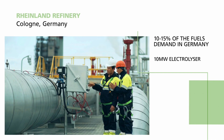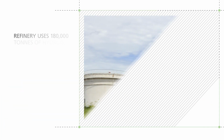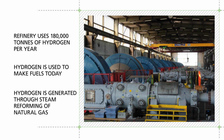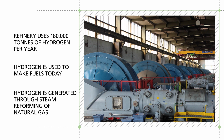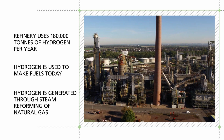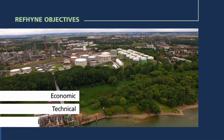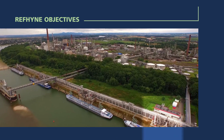The 10 megawatt electrolyser will generate high-quality hydrogen in an industrial refinery environment. Refineries use a large volume of hydrogen for desulfurization and hydrocracking in the production of fuels. Today, hydrogen is generated partly through processes such as platformers and partly through steam reforming of natural gas. The Refhyne project will examine the economic, technical and environmental impact of the deployment of a large-scale electrolyser in a